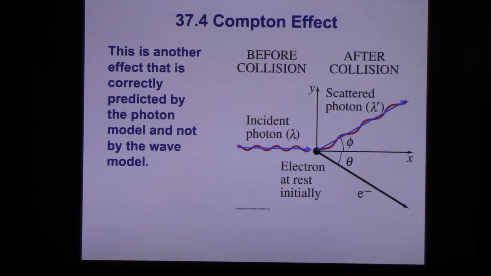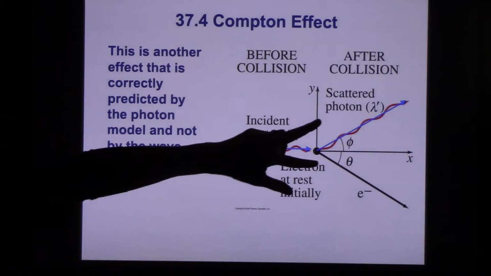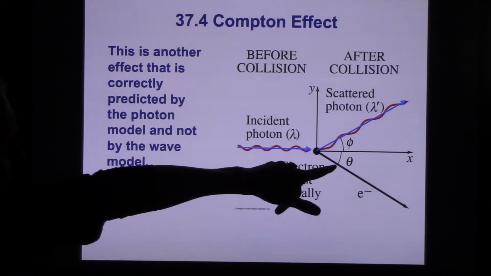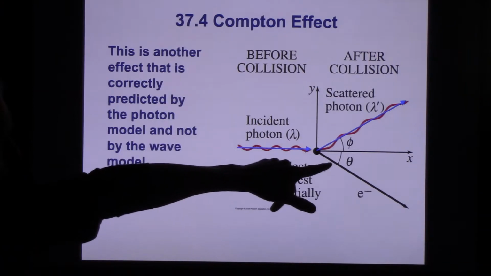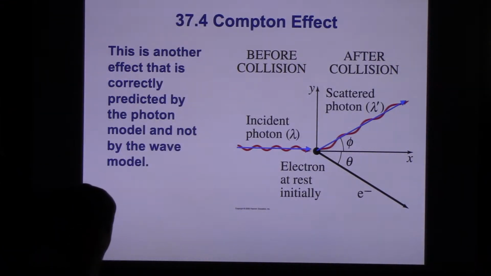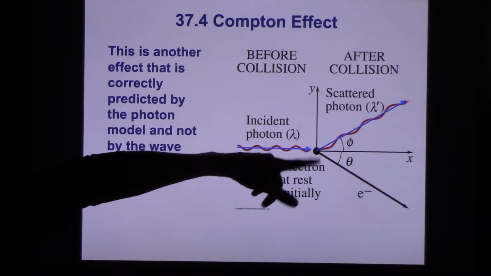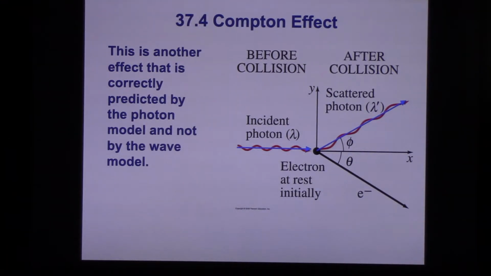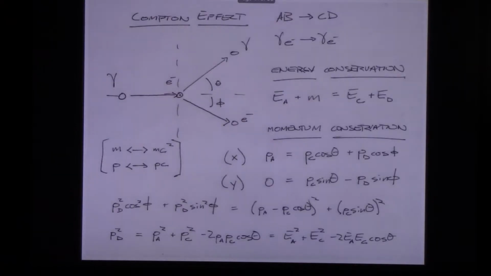Now I have to warn you guys, I always use theta for the photon and phi for the electron, and I think our book is using the reverse, so my angles are going to be backwards from the textbook. Sorry about that, but